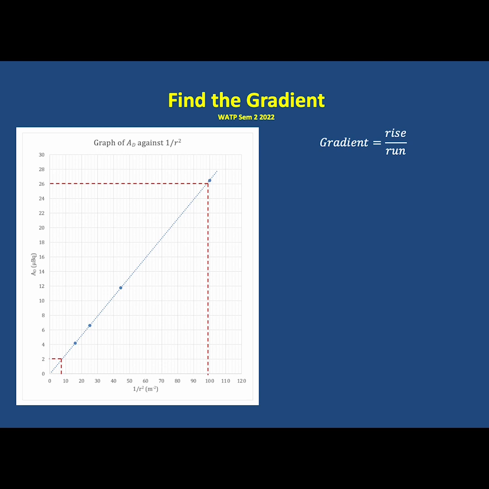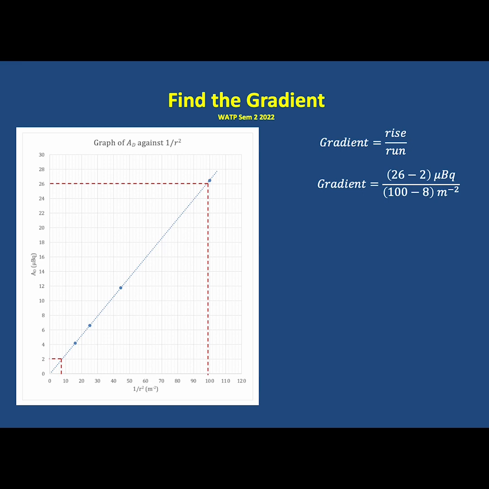Having manipulated the data and having drawn the linear graph with the correct titles and units on both axes, we now have to find the gradient of the line of best fit of this linear graph. You'll remember from your maths classes that to find the gradient of a line, you say the gradient equals rise over run. For us in physics, we can see that the rise is 26 minus 2, but we must always remember in physics that it's not simply 26 minus 2,